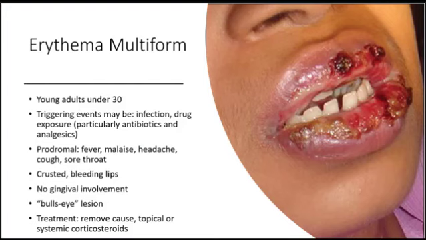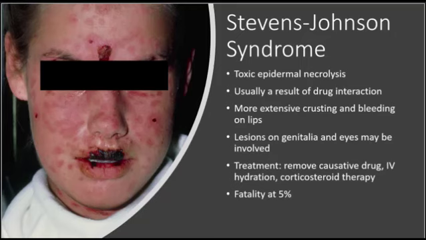We're going to talk about a couple of conditions that are autoimmune conditions, the first one being erythema multiforme. This is a severe reaction to an infection or a drug, and it's going to lead to crusting and bleeding lips, but there's not going to be any gingival involvement. We could see bull's eye lesions on the lips, and the patient may have an accompanying fever, headache, cough, sore throat. The treatment for erythema multiforme involves systemic corticosteroids and removing the causative agent. And then we have